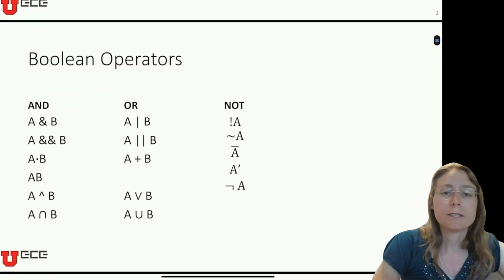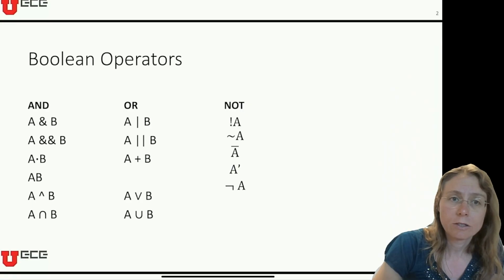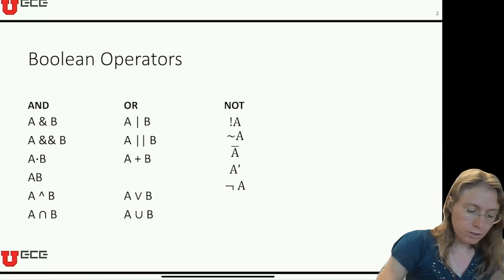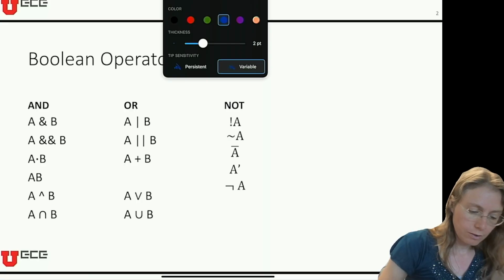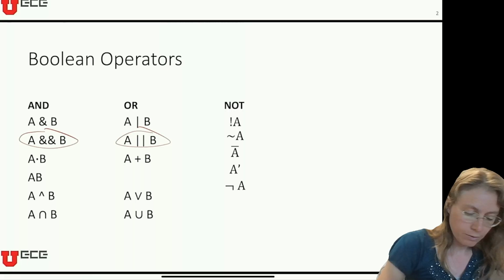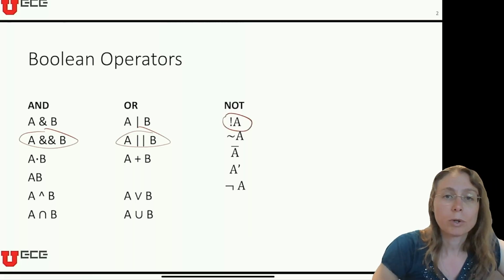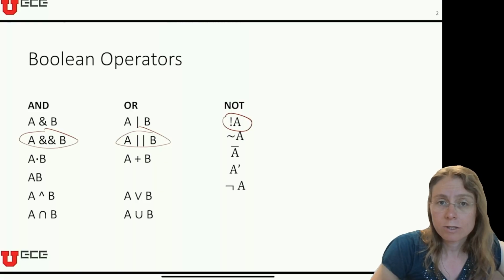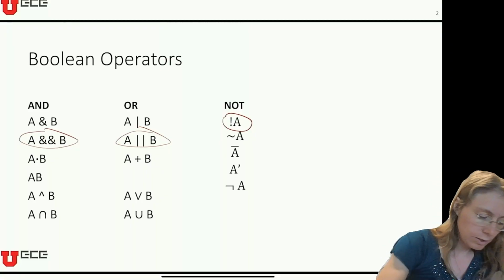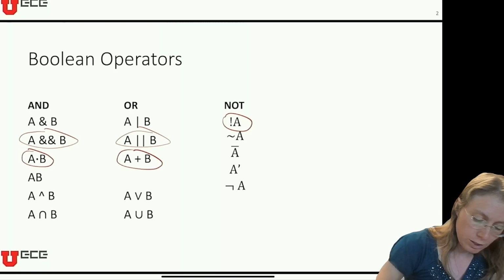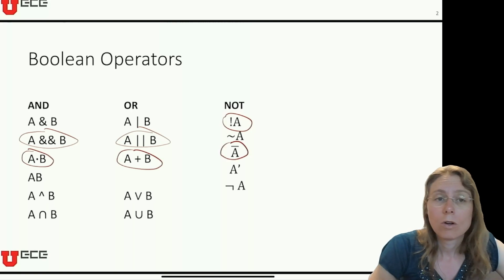So there are many different ways to represent and, or, and not. And we call these the Boolean operators. I learned using these ones right here, which come out of programming languages. But the textbook we use in the next class for digital logic uses the multiplier and the addition and the bar over the variable to represent the not of it. And so you can use either of these in class. I will accept either